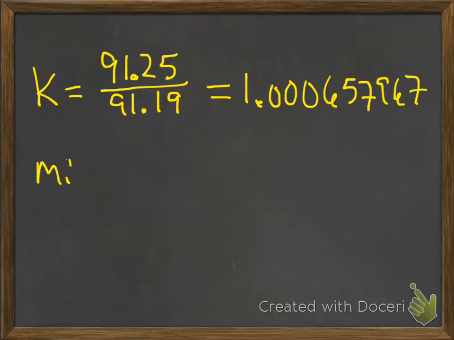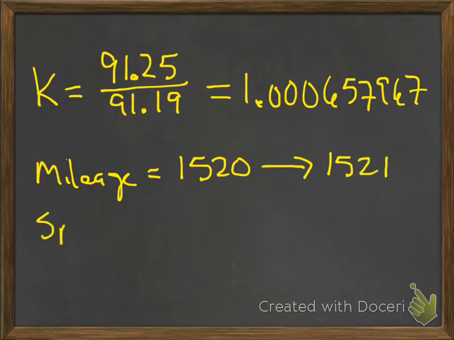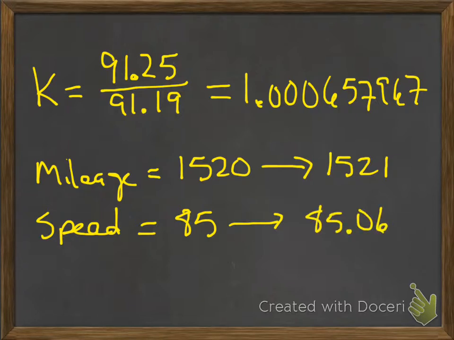And what happens here, if it was not properly aligned, just looking at the mileage, it says do K times the miles, and my 1,520 miles would suddenly become 1,521. My speed at 85 miles per hour would still be 85.06. So not really much difference in speed here, but you do notice every so often I am adding an extra mile. So let's say in 20,000 or 30,000 miles, I would have added a few extra miles to my speedometer, and my car would actually maybe react a little